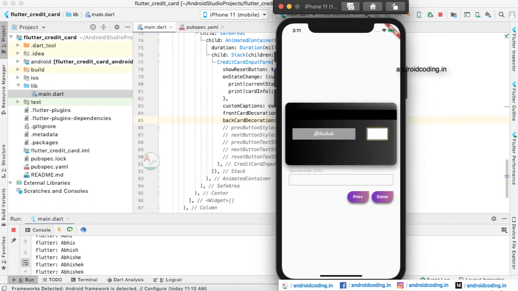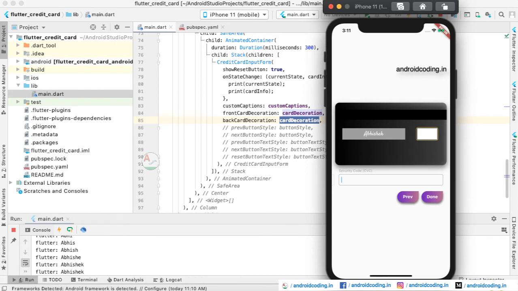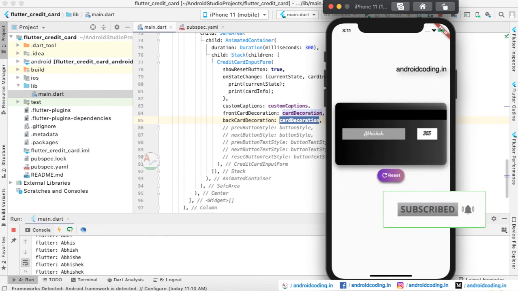And next is the background card. Here you can see the background card decoration, but we have provided the same design here, and you can change the decoration. This is the name we have provided, so the name is appearing here, and here the box is for CVV. Generally we provide CVV for every card, so this is how we provided CVV. And when you tap on done, that's it, your card details have been entered successfully. And making use of these card details, you may guide your user through the successful transaction.